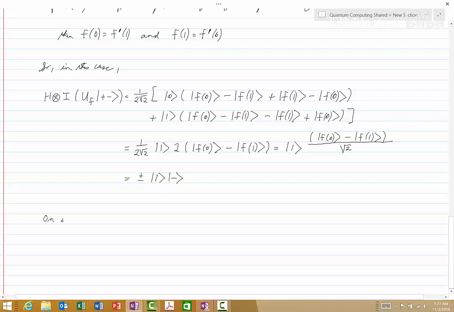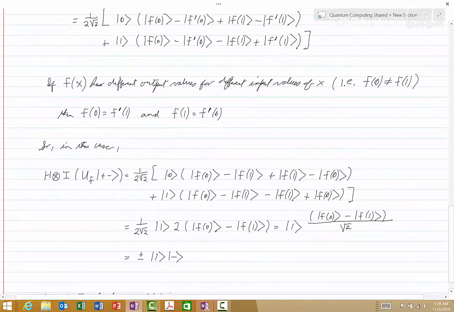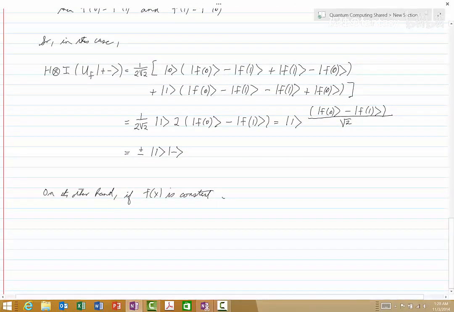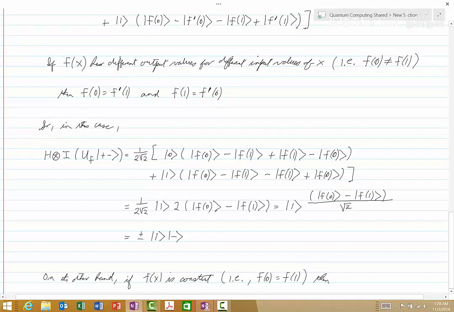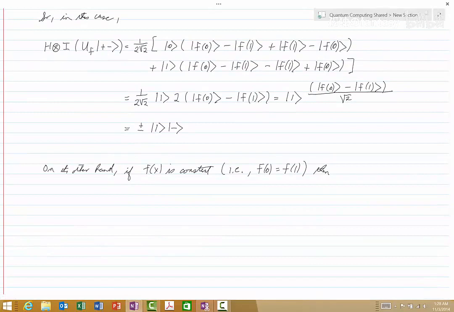So let's say, on the other hand, if f of x is constant, i.e. f of 0 equals f of 1, then, well, in this case, then